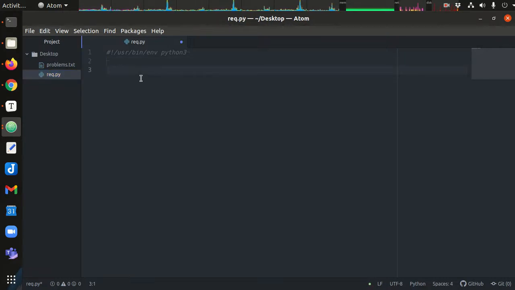Okay, so what do we need to do for this? We need to import the module urllib.request. All right, and then we want to define a function getRig. And all this is going to do is basically access the URL, we'll get some data, and then we'll